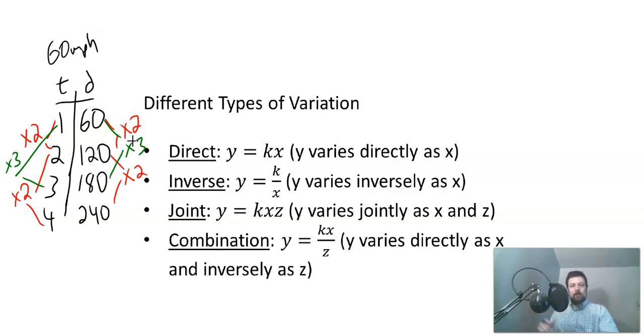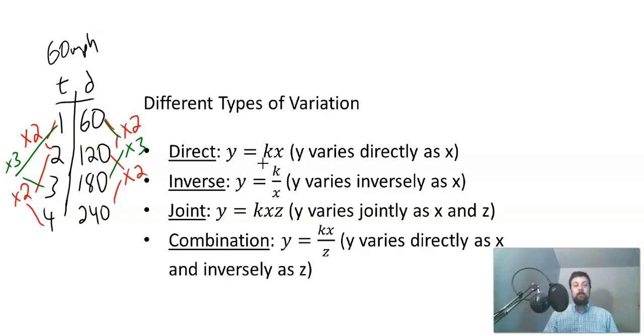Let me try that one more time. If you change x by a certain factor, it causes y to change by that same factor. Doubling x causes the y value to double as well. That is direct variation. So anytime you see that relationship happening, you know that's direct variation, and this formula will